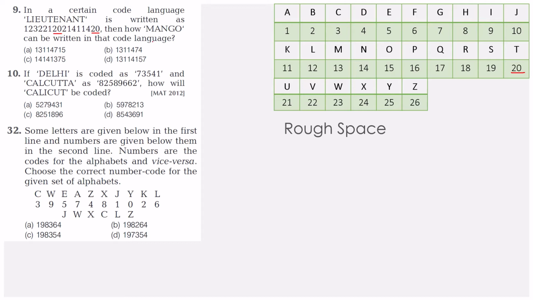Okay, let's take mango as in a table. M stands for 13. Everything is of 13. 14 here won't come. And A is for 1. 13 and a 1. N is for 14. 13114. Just take the second one, you'll get that. G is for 7. 7 is there. Well, we have to decide between 15 and 4. So O is of 15. So option A. We've got that.